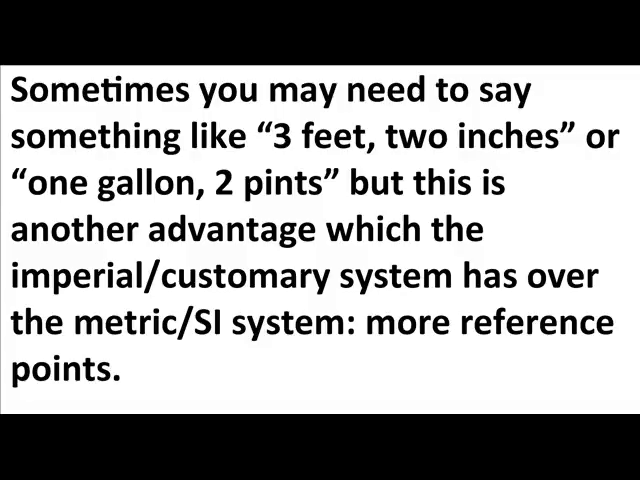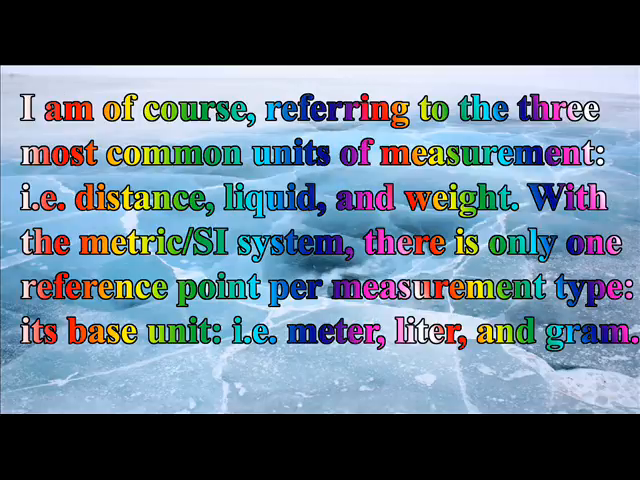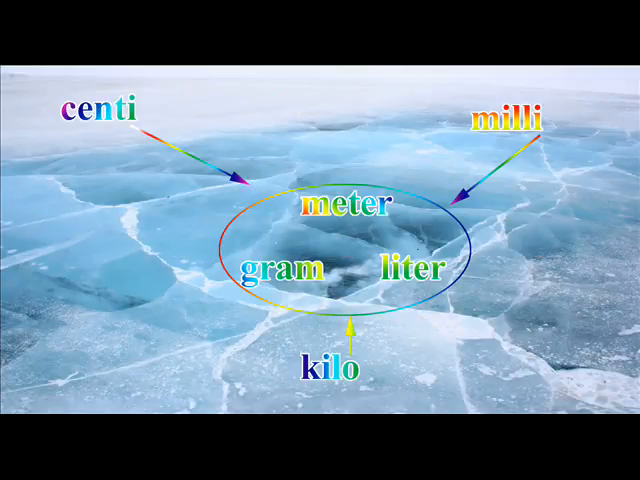More reference points. I am, of course, referring to the three most common units of measurement, i.e. distance, liquid, and weight. With the metric/SI system, there is only one reference point per measurement type, its base unit, i.e. meter, liter, and gram. Any other unit must refer back to that one reference point, which is likely to result in decimals or big